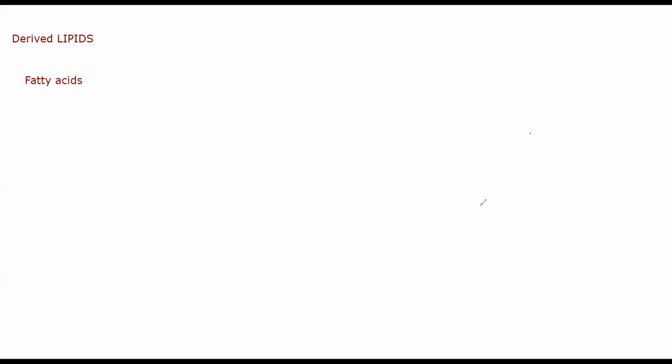Simple definition. How can I make a lipid? Or what is a lipid? Lipids are proteins. Lipid is a fat molecule, ma. See, how I get lipid is